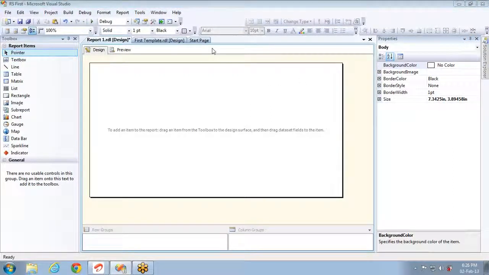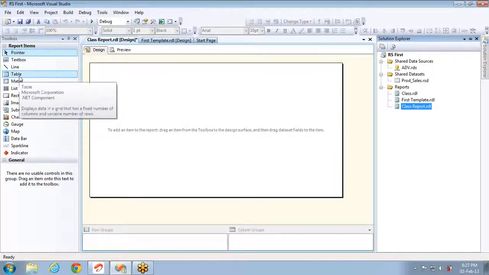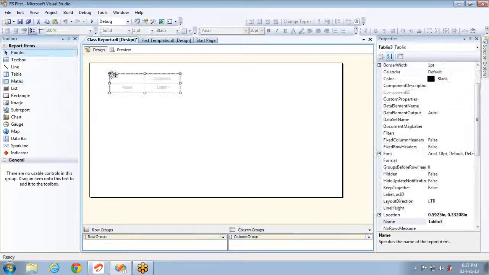Now we are going to discuss drill through reports, how to define drill through reports, and how to configure the parameter values between two reports, and so on. So to define a drill through report, first let me go for three reports. First I will call this one a class report, where I will have class information. So class information in the sense, let me take a table or matrix, anything is fine.